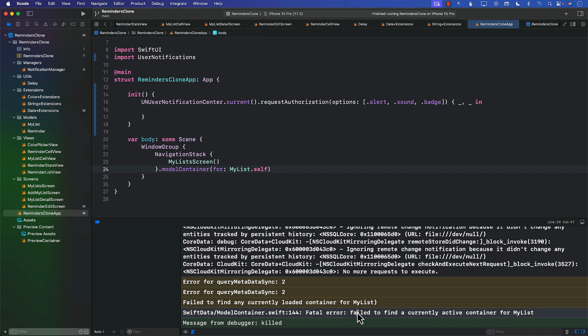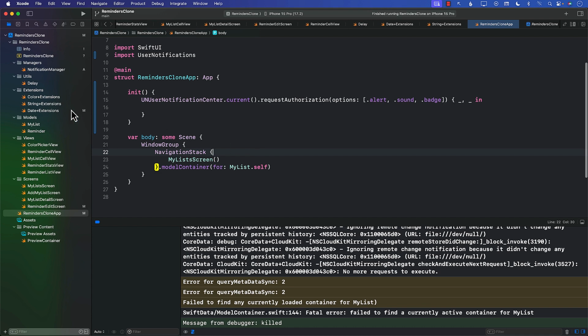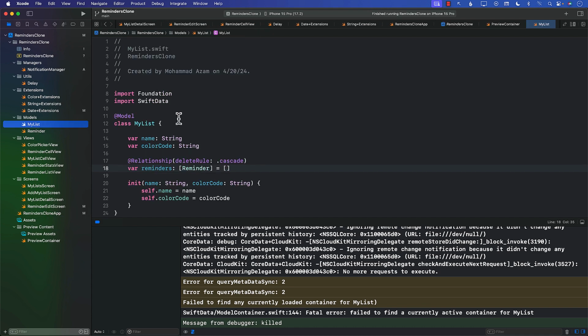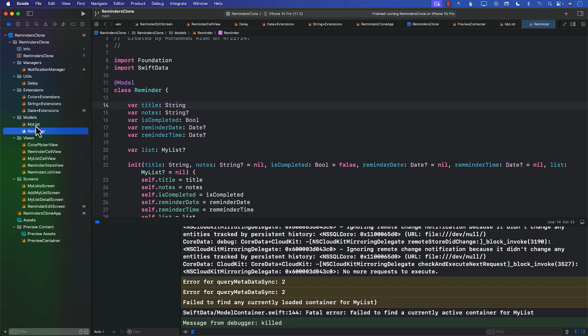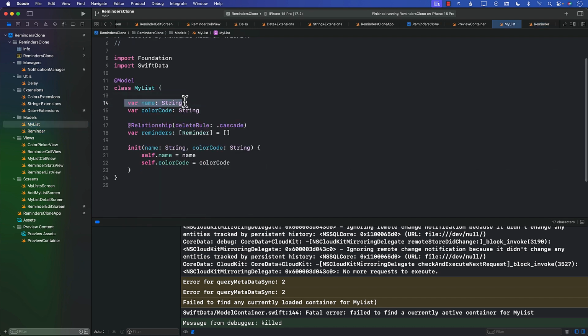Unfortunately, the error might be a little bit misleading, because whenever SwiftData is trying to sync to iCloud, for those models that we created, which are my list and the reminder, we need to make sure that these properties either have to be optional, or they have to have some sort of a